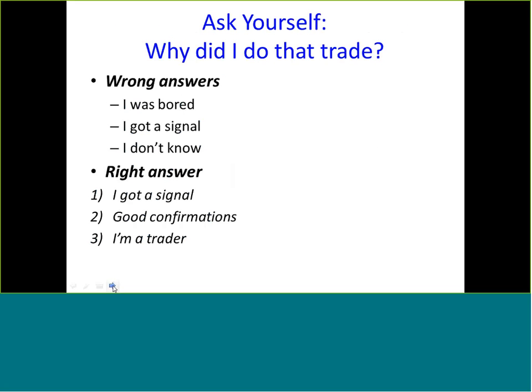Now, a lot of traders, especially retail traders, they're very nice about it, but they basically tell me, well, Jimmy, I don't want to learn all this. I don't want to do all this. I just want something simple because I don't want to make a lot of money. I just want to make a little money. And I can understand that, and I really can. I feel your pain that you don't want to have to do so much.